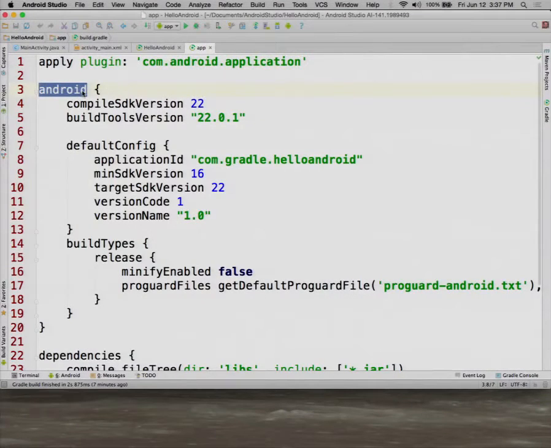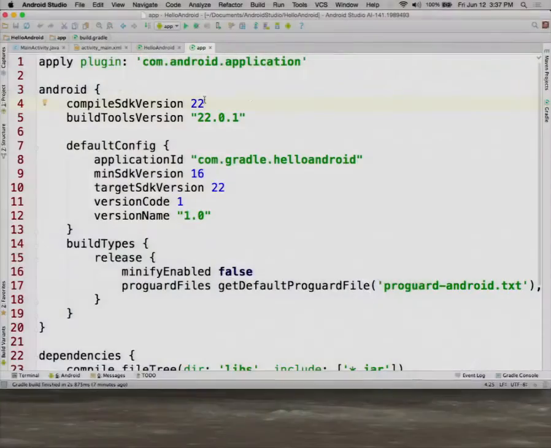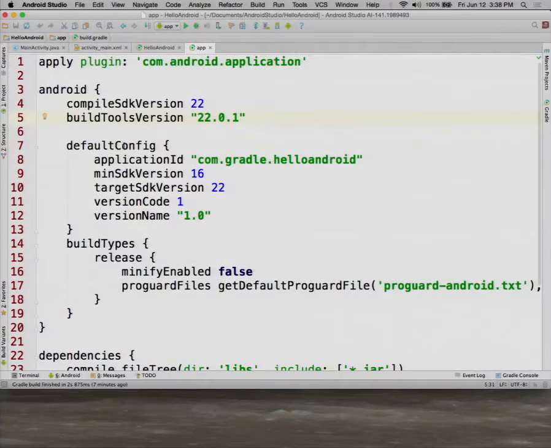So at any rate, the root element here is android, and this is where you wind up putting in the compileSdkVersion. Now you may have noticed on the wizard, they didn't even ask me the compile SDK version. The older wizards used to ask that, now they don't anymore. They always assume you want the latest version of the SDK for the compiler. And in fact, you do, because the compiler is backward compatible. That doesn't restrict what you can develop. You always want the latest bug fixes on the compiler itself. The buildToolsVersion, this again is something that is a string, and it will warn you if you're a little out of date. It's always good to have the latest version of this, doesn't hurt anything. Where things start to get interesting is in the defaultConfig.